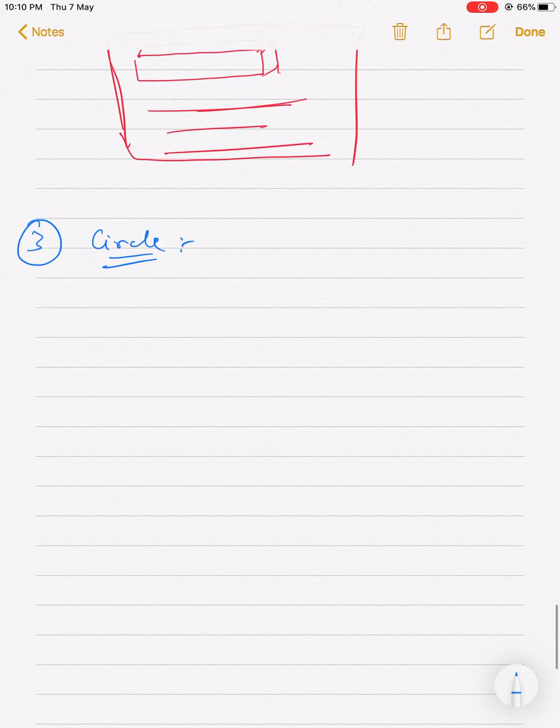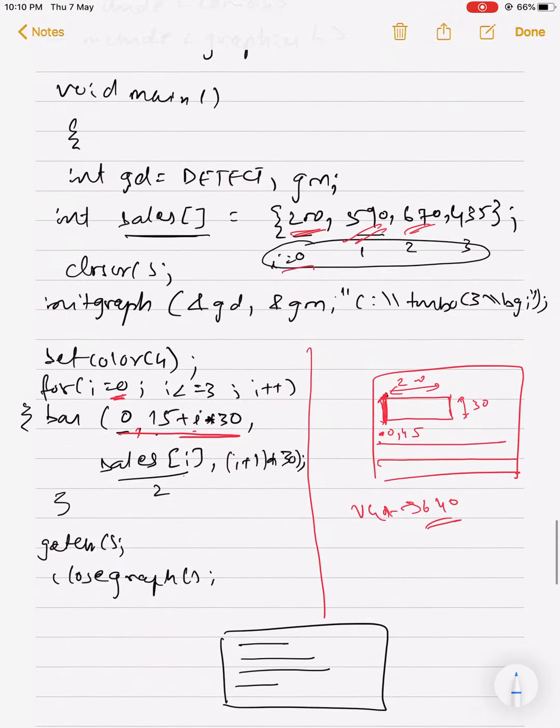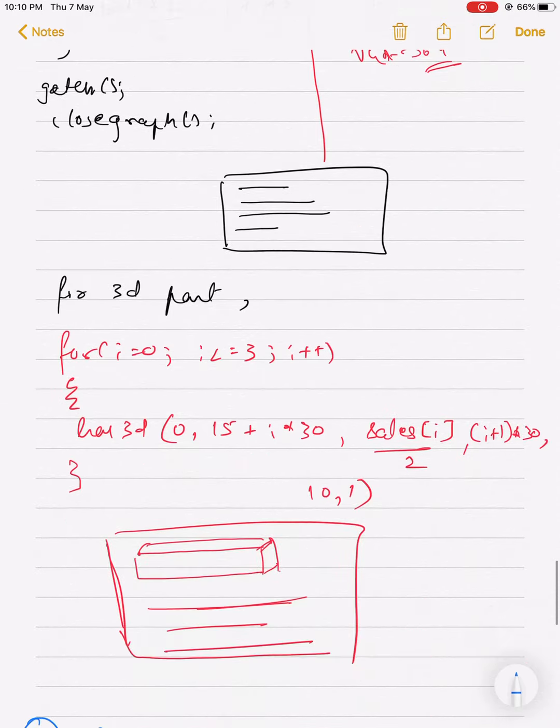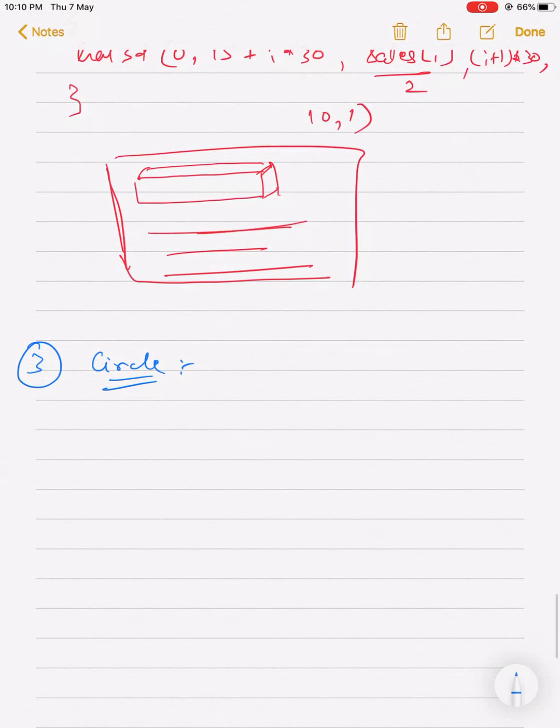You have to check your axis, because the VGA consists of this many pixels. You can also try keeping the actual values without dividing by 2, then check the output. You will find some half images of what you put inside the program. Clear? Now let's go for a circle.